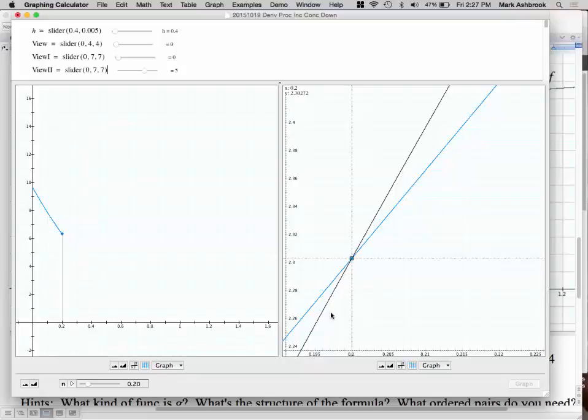Look at our blue line. It has a lower rate of change. Because the blue line is based on this long interval of 0.2. So we're still finding an approximate